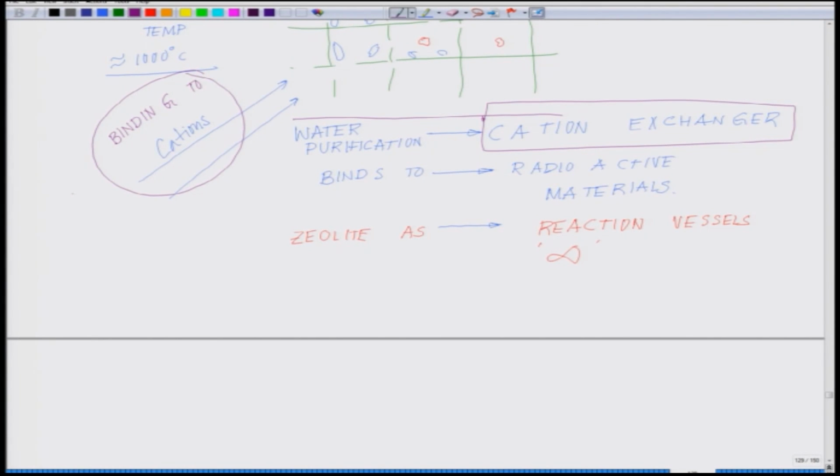This is one thing which is important for us, and second thing, zeolite as a reaction vessel. These are the two aspects we are going to deal with, which are of our direct concern for bio oil purification. So, before we get into that, what are the different kinds of